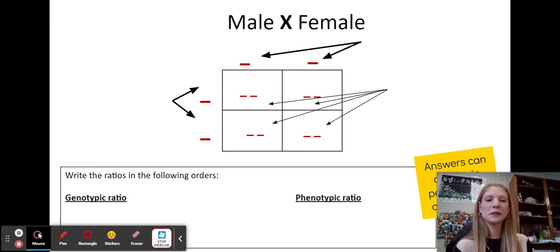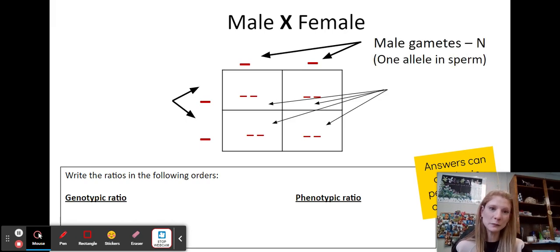So sometimes it's a plant, sometimes it's an animal. It can be any living thing that is reproducing sexually, because that's what the Punnett square represents. What could possibly happen during sexual reproduction? If we know the genotype of the male, and we know the two alleles for whatever trait we're looking at,